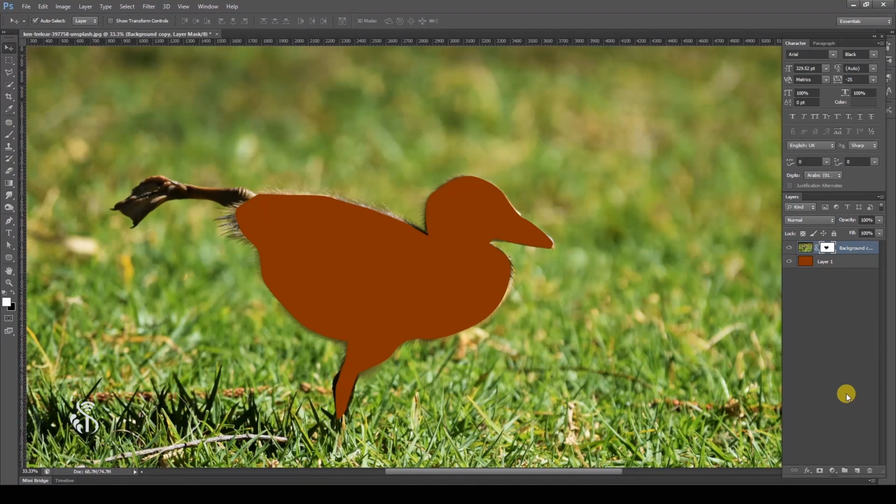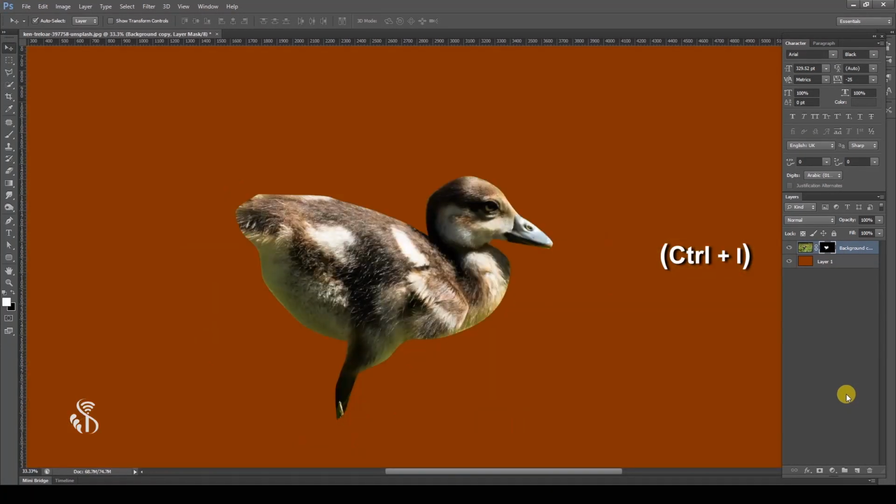But if you inverse the condition, that is, press the key once again, then the mask becomes white and the image is seen. This means that if the color of the mask is black, then the image cannot be seen, but if it is white, then the image can be seen.